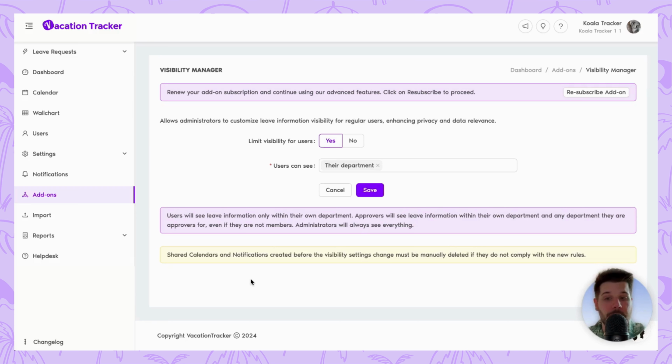The other message lets you know that any shared calendars and notifications that were created before these Visibility Manager settings go live will most likely need to be manually deleted if they do not comply with the new rules. Now with that being said, we're going to click on Save to proceed. You'll notice that now the Visibility add-on is being completed, and once completed, your users will be limited to